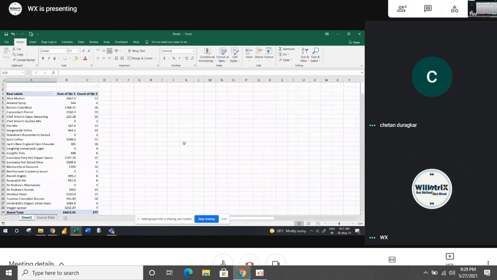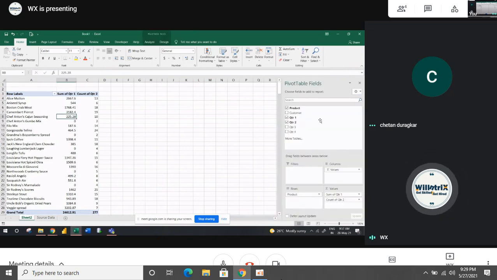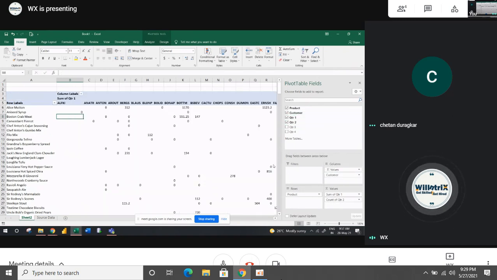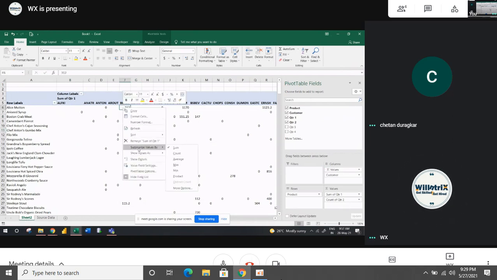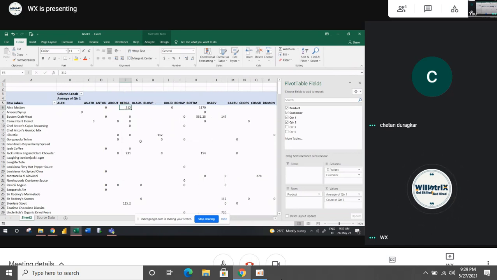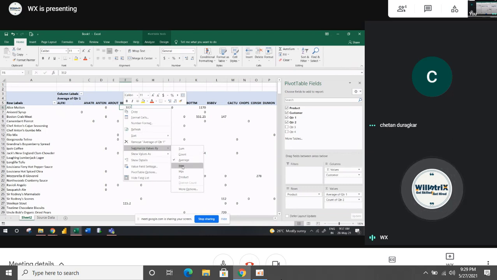Any confusion or doubt here? If you want the IFs, the PivotTable Fields pane we can't see now appears only when you are in a pivot table. Then I will drag and drop customer into the customer field. This is how we can do sum, count and average. If you want average, right click, Summarize Values By, Average. If you want sum, right click, Summarize Values By, Sum.